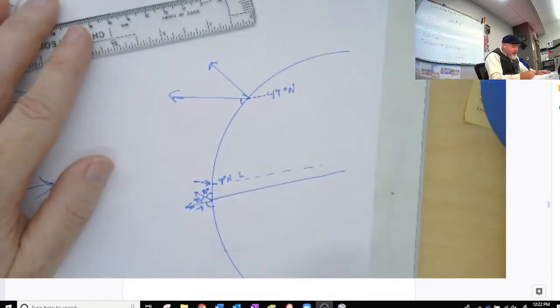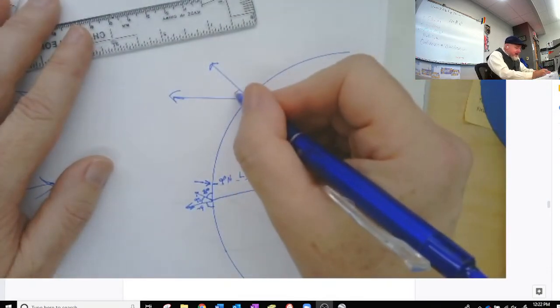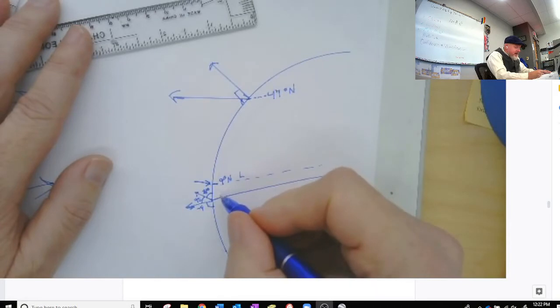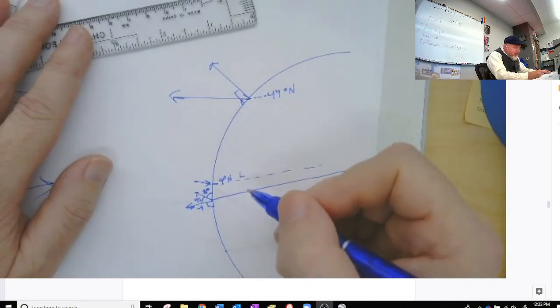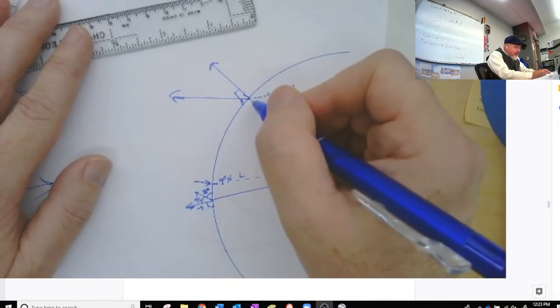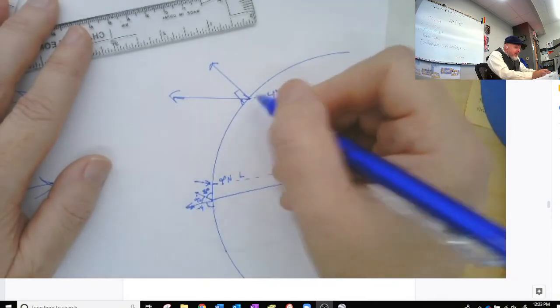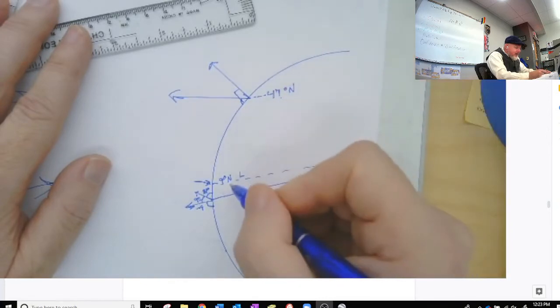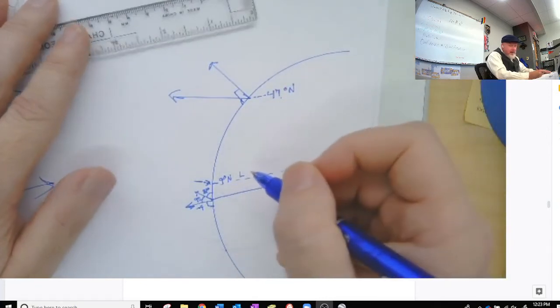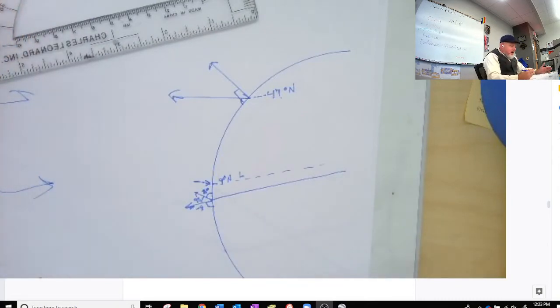So what angle is that? Well, if this is a 90-degree angle and the sun is 9 degrees north, we're having to look at the sun at 90 minus 47 minus 9. So that would be